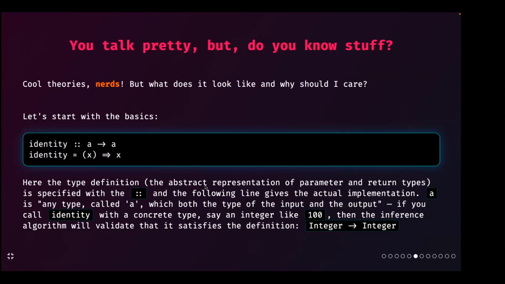This is now actual code you can actually look at. It's very simple, but this part is the signature, and this says any type A returns the same type A. Again, identity, very simple, but this is a generic, and it can be instantiated. If we called it with 100, then it would be an integer returning an integer. This pattern comes from Haskell, where this is one value, and this is the return value. But if you have multiple things, it becomes slightly more complex.